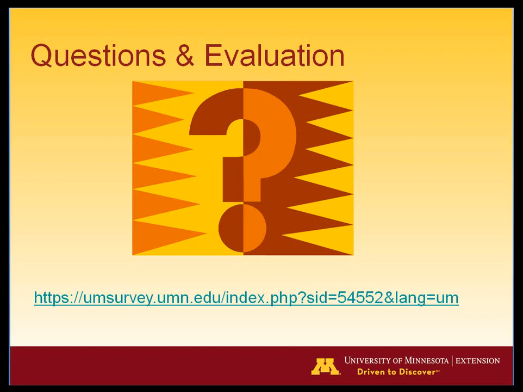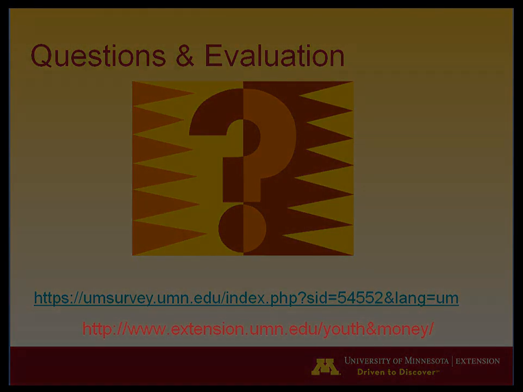We have one question here. You gave us some information, some data by Sharon Danes. Where did those facts come from, how do we get those? Those publications are available on our website, extension.umn.edu/youth and money. And so you should be able to find those resources. The publications, I believe, are sample publications. You may have to purchase them. I believe they're about $1.50 for the publications themselves.